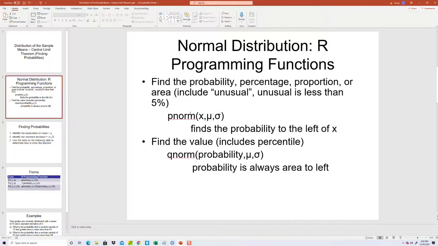Now, just a review for the probability piece. Find the probability, percentage, proportion, or area includes unusual. Unusual is less than 5%. Whenever you see those words, then you want to use p-norm, putting in the x, then the mu, and then the sigma. Now this does not include what we're looking at here. This is going to be altered, and that finds the probability to the left of x. Okay, so building upon that,